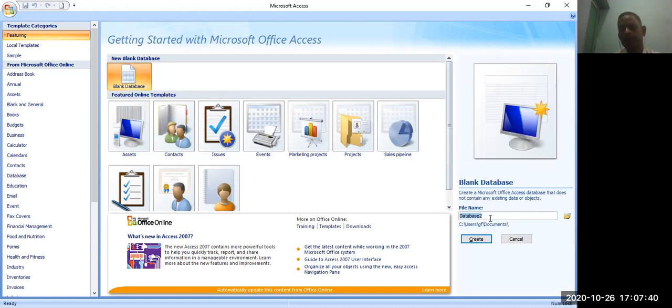Now click here and write the name of the database. Just write NEHS. It already exists, as we have already created this database name NEHS. So write NEHS 2 and press create.